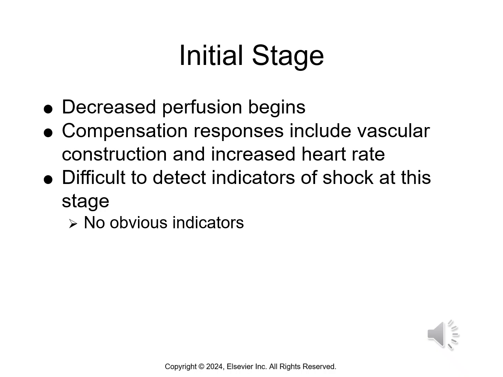In the initial stage, anaerobic metabolism occurs in some tissues and decreased tissue perfusion occurs. The cause of the decrease in perfusion is relative to the type of shock. With hypovolemic shock, perfusion decreases because of decreased intravascular volume. With cardiogenic shock, perfusion decreases due to decreased myocardial contractility. An obstruction of blood flow, which is obstructive shock, or decreased vascular tone, which is distributive shock, cause the decrease in